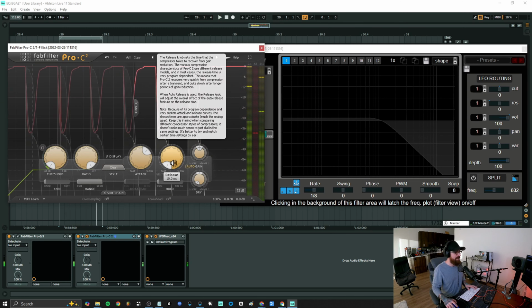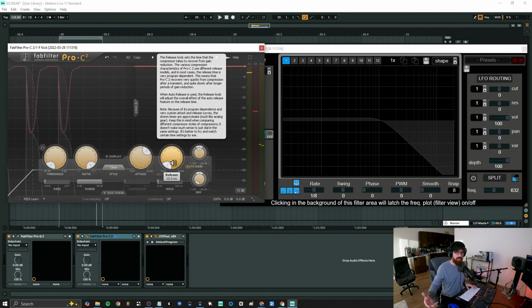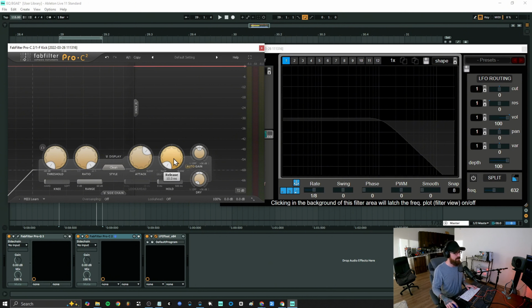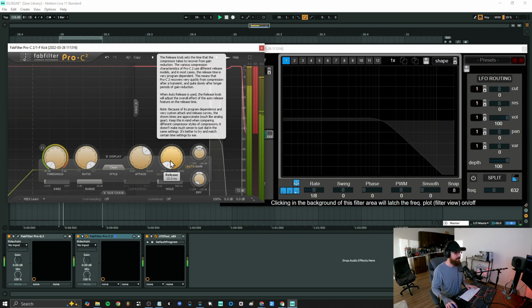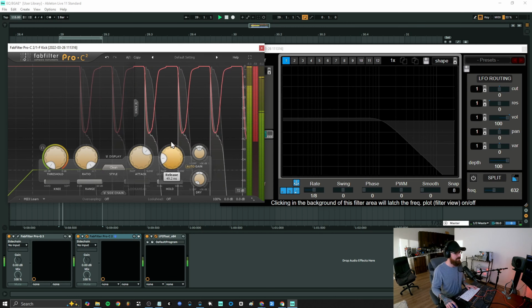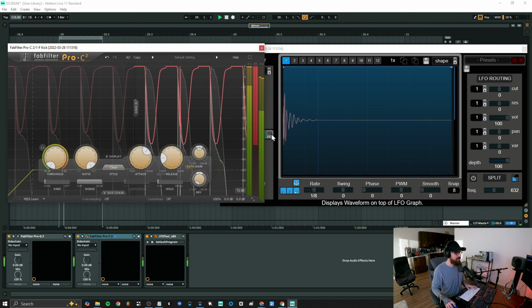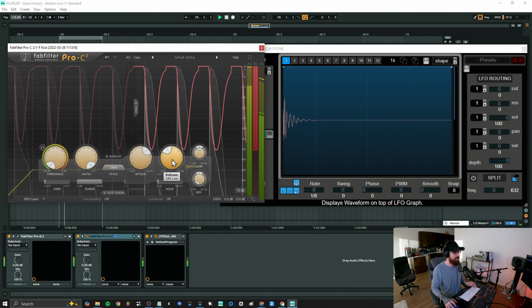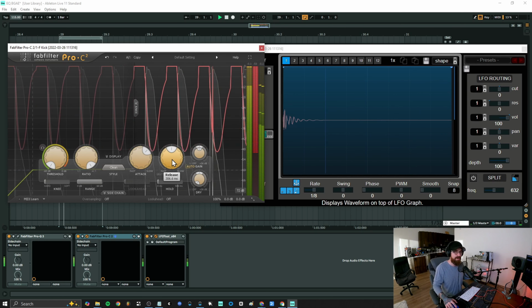Now, if we have an extremely long release time, this can prevent our kick drum from happening again because it takes too long for the compressor to reset. So let's take a look at what that would sound like. If we increase this, so we can see our transient here. So let's increase this. And as we increase the release time, making it a longer period of time,